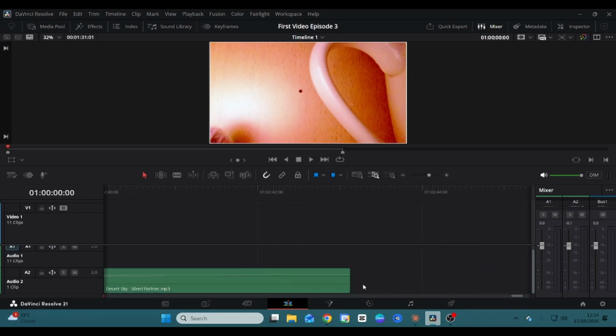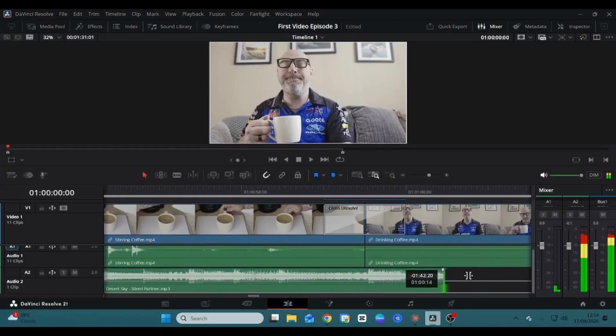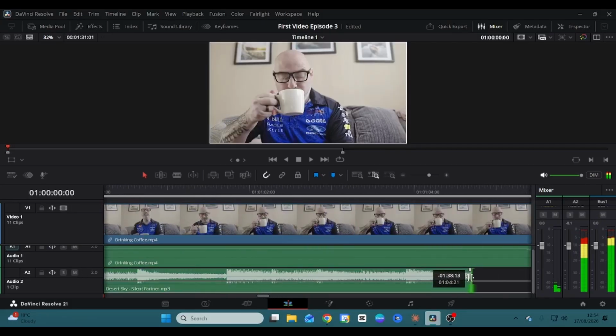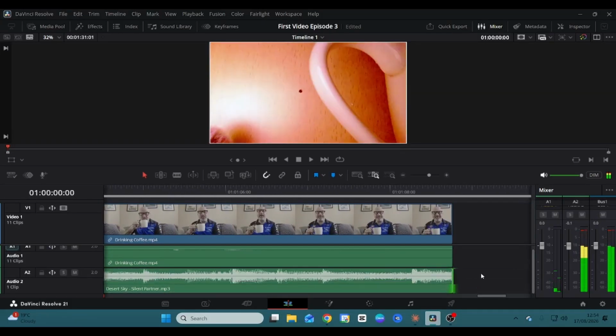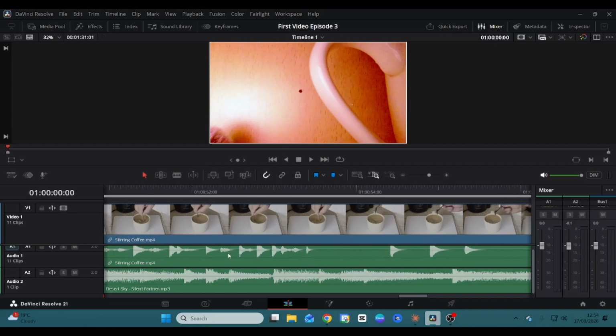So let's just drag it all the way back until we get to the end of our clip, because this is only the footage that we're using. It is like short footage. Okay, let's just slow down, and there we go. Now we can see that the audio levels in this footage here are not as loud as the footage from the music. So we are going to have to make some adjustments to the music, to the levels, and we will do